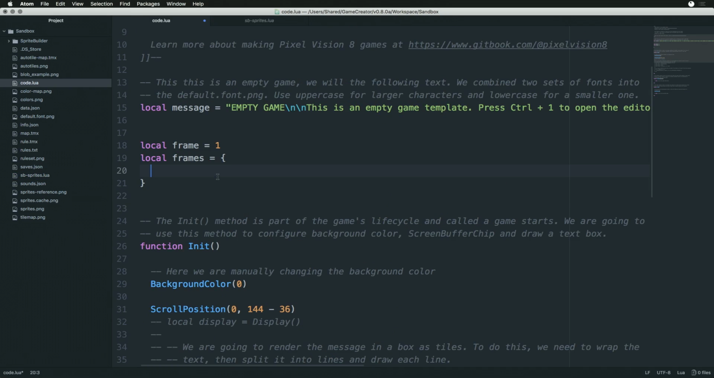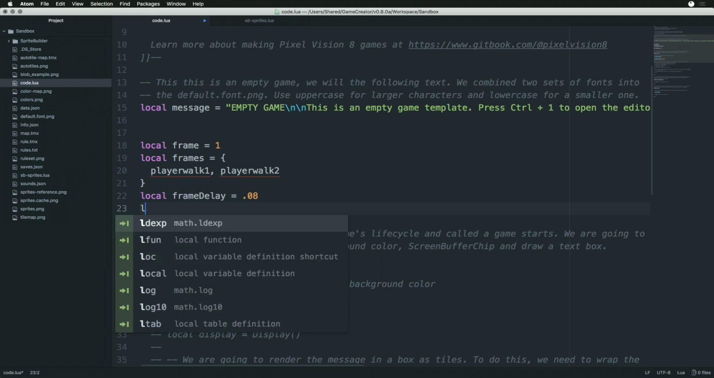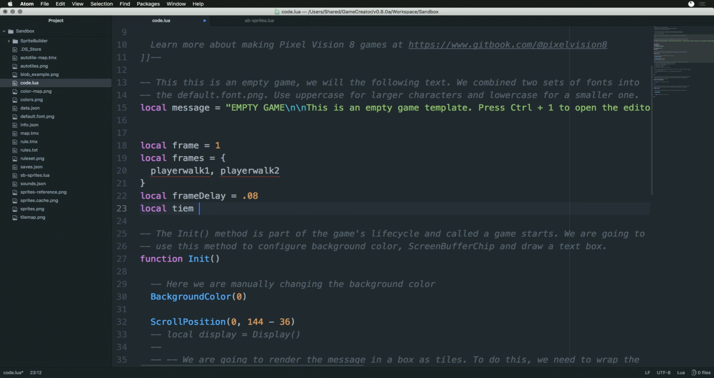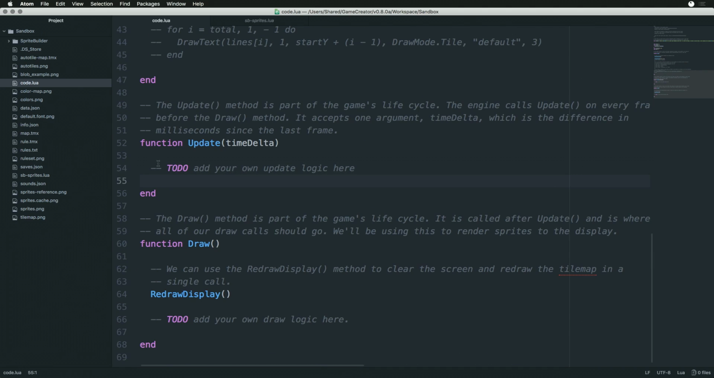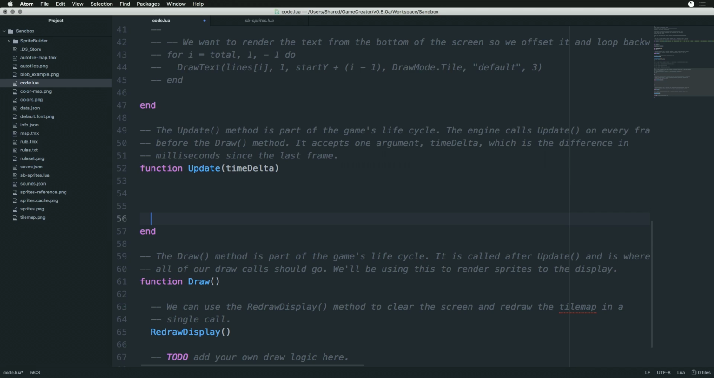Player walk 1 and player walk 2. So player walk 1, player walk 2, right? And then we need a local frame delay equals 0.08 and local time equals 0. So all we got to do to make a very, very basic animation for the player is to do